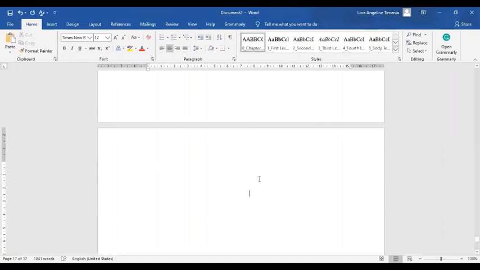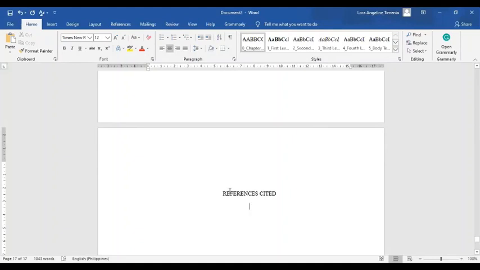There are two types of bibliography. One is bibliography and the other is references cited. What is the difference between the two? Bibliography includes all of the sources that you read, even if it's not cited in your dissertation, whereas references cited only includes those you cited in your dissertation. So I'm going to use references cited here, meaning you will only include the bibliographic information of those you have